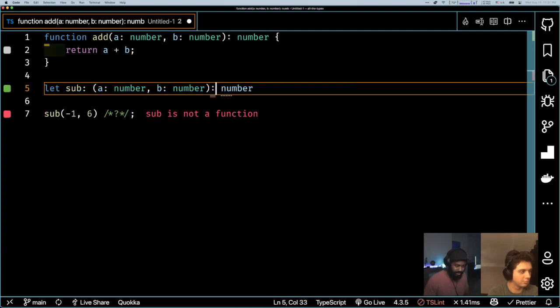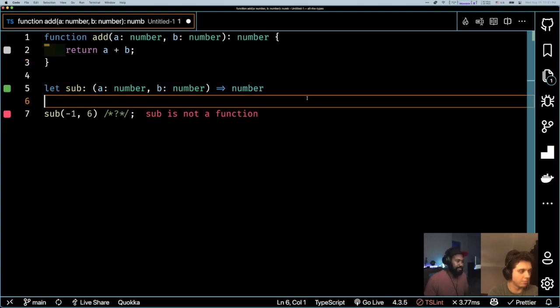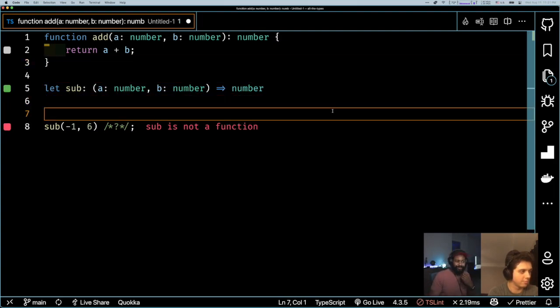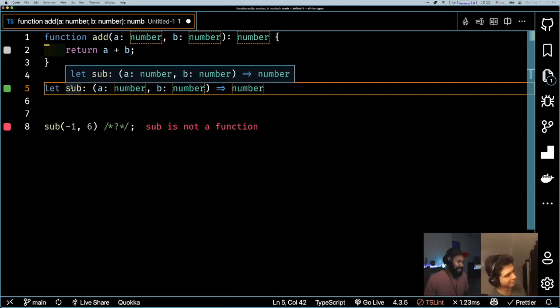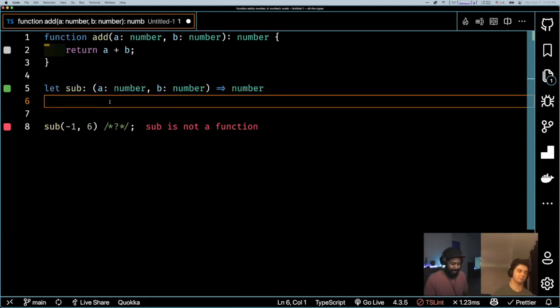Sub number, and then I need to do that here. So this is how you do a type annotation for a function. Now this is going to look familiar, or we're going to see more of this in our declaration file. So when I look over here, it's like, oh yeah, this is a function that takes 2 numbers and returns a number. So if I were to try to do sub is equal to,